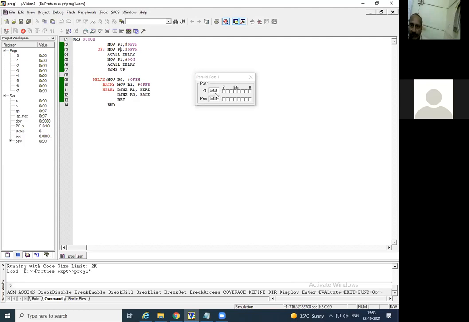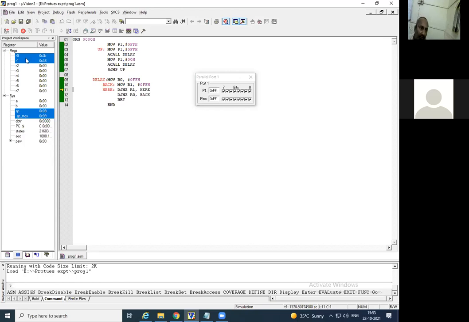So what is happening? FF00, FF00, on, off, like that it is going to happen over here. If I stop the run, that is halt. This red color you can check out. So I will stop this particular program over here. Again, if I run, again it is going to start on, off like this. So got it. This is how we can run small programs with this Keil software for the 8051.